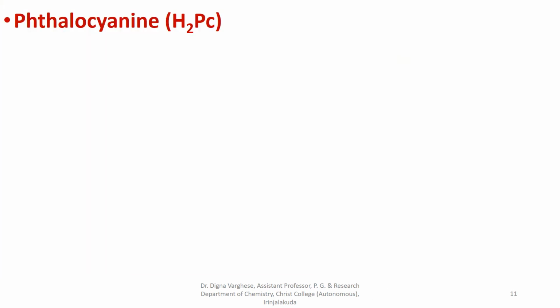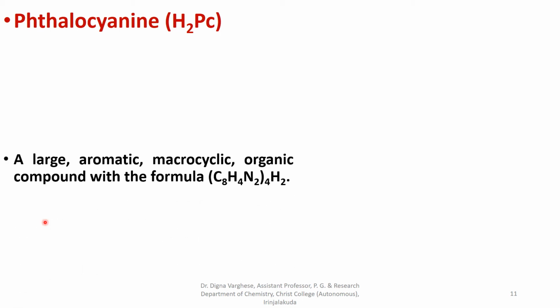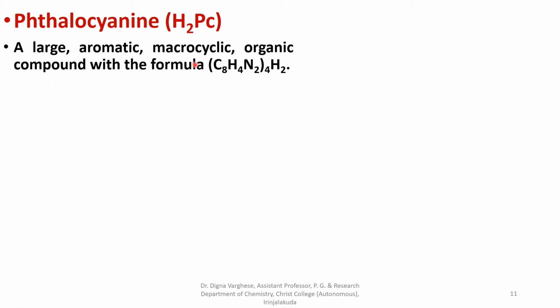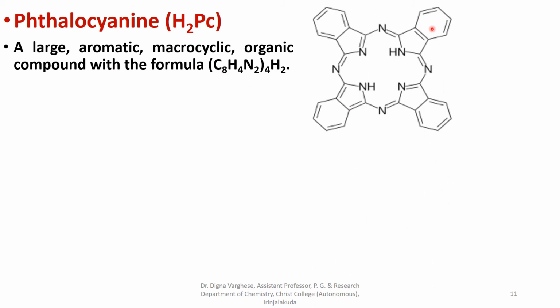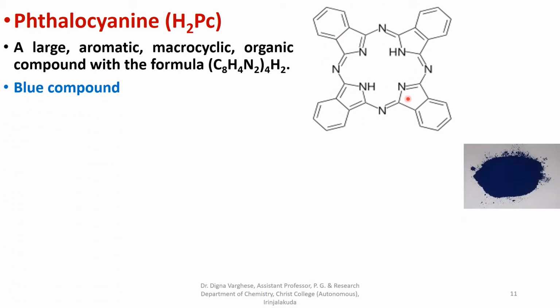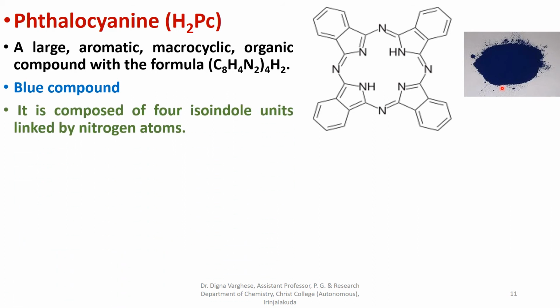Another important macrocycle is phthalocyanine, written as H2Pc. A large aromatic macrocyclic organic compound with the formula C8H4N2 4H2. Here you can see the structure of the phthalocyanine ligand. It is a blue compound. It is composed of 4 isoindole units. The isoindole unit is given here, and phthalocyanine is composed of 4 isoindole units linked by nitrogen atoms, that you can see